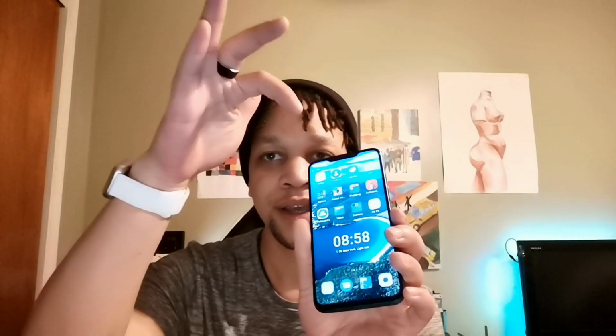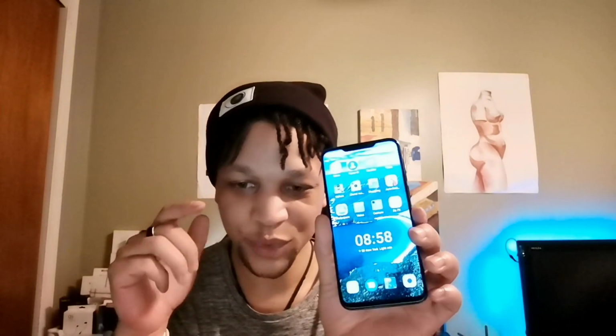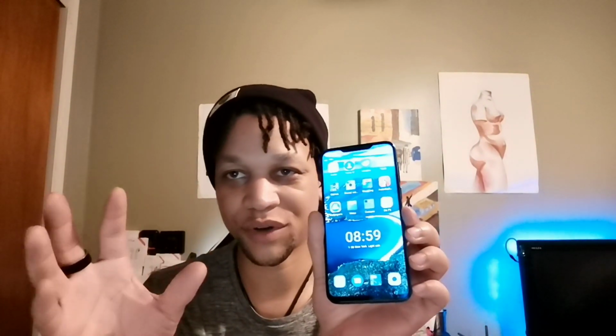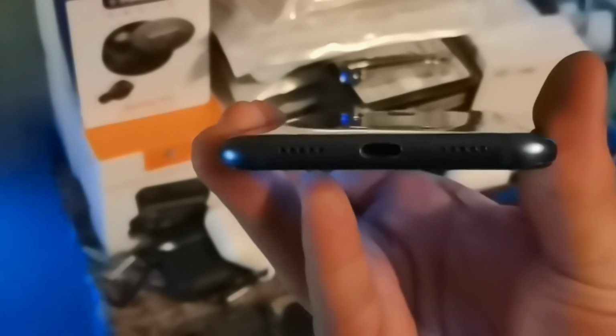Now the front camera is a 20 megapixel camera, which is going to be a wide angle camera, and I definitely think it's going to be really good. I'll leave a video right here so you can check out a video dedicated to those cameras. And then this thing also does have a 3.5 millimeter headphone jack, Type-C charging, a